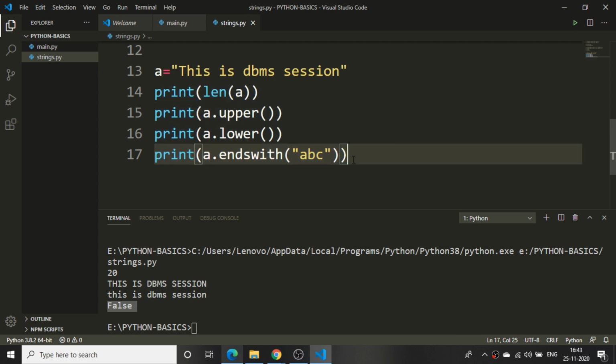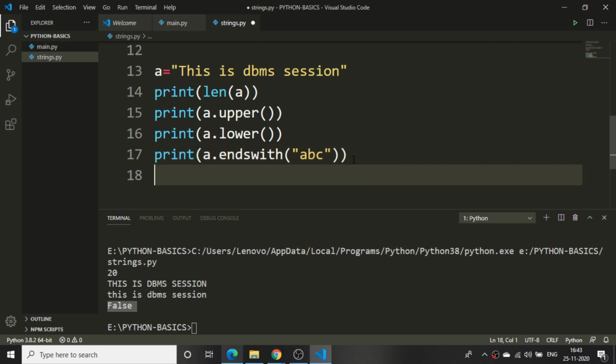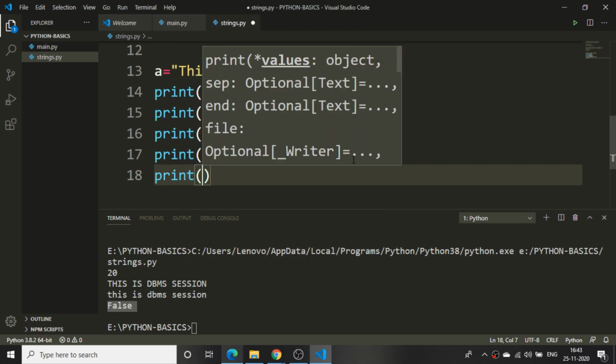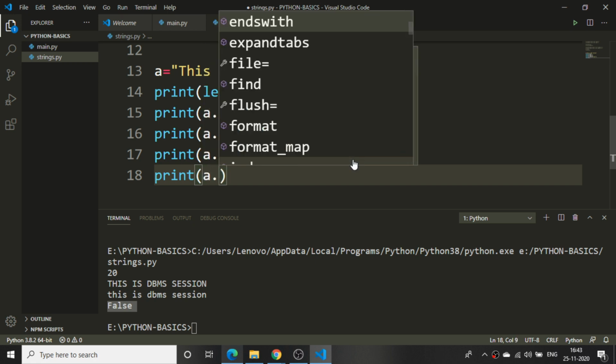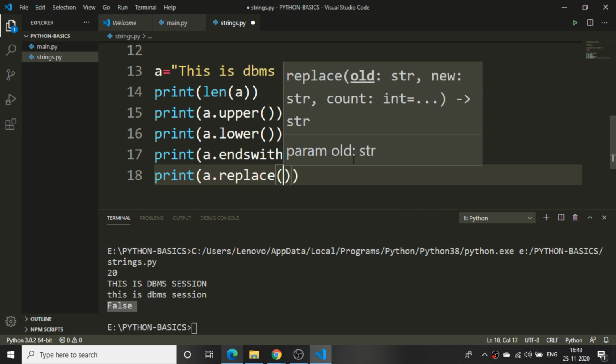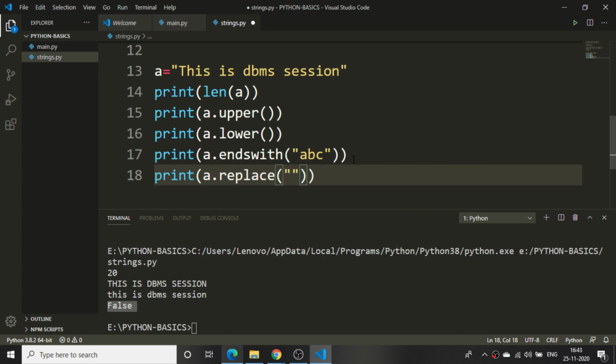Okay, next thing, we have so many things. We have capitalize, and we have replace and all. If I want to replace something, I'll just tell print a dot replace. I want to replace DBMS with Python.